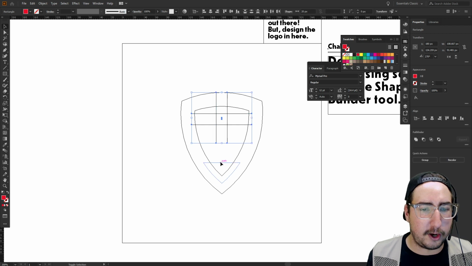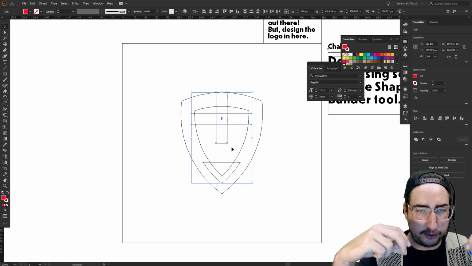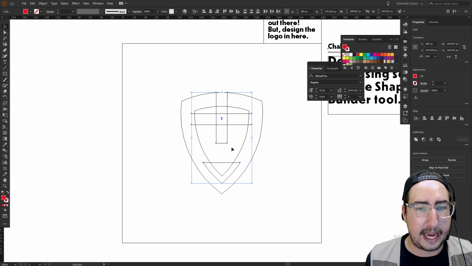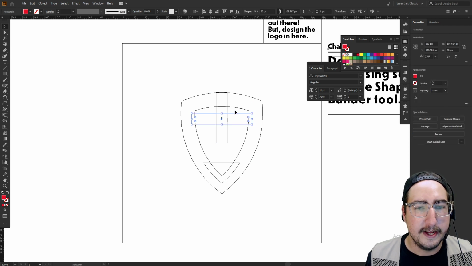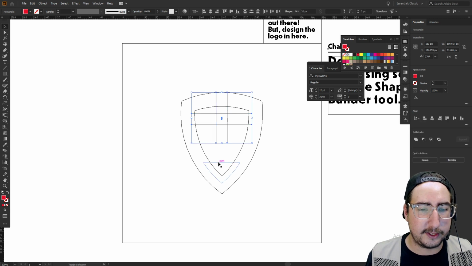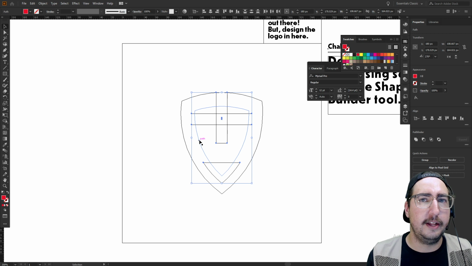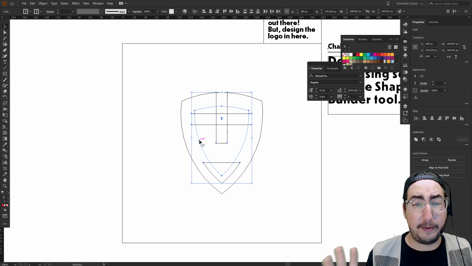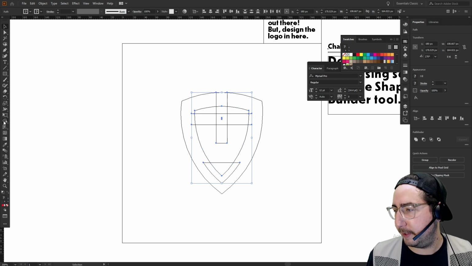So now I'm going to select all the shapes that I want. So I have the 3 shapes that are inside, the lion little nose piece. We have the cross piece of the face, which I actually think that I'm going to move. Actually, let's leave it. The cross of the face, the eyes technically, and then this little arrow down here. And then we have the smaller version of the shield that we've used that offset path to bring down. Now we have a very complex shape, a lot of shapes selected here, but if we go to the shape builder tool,